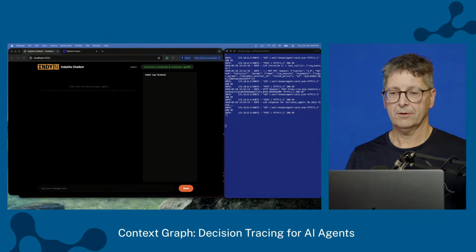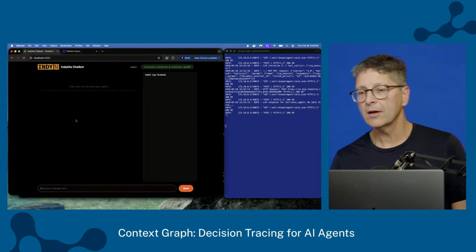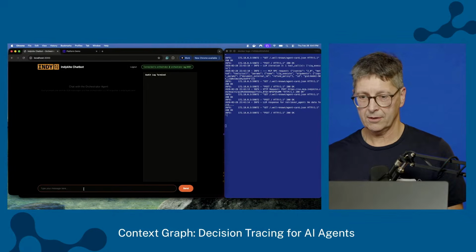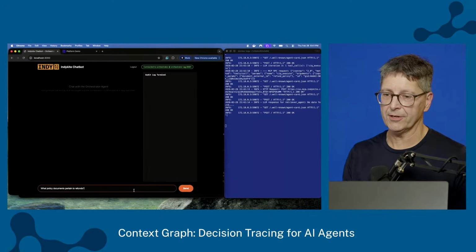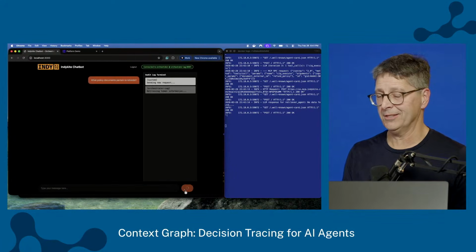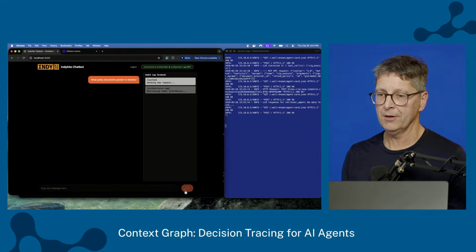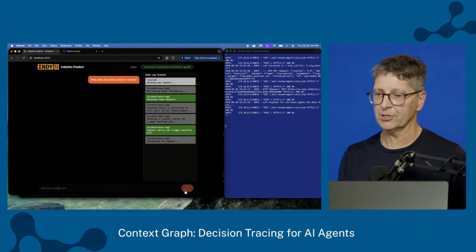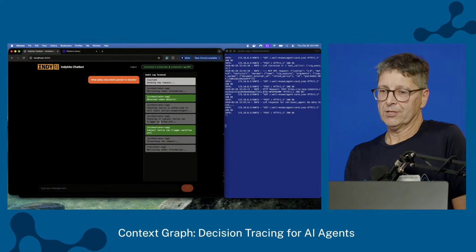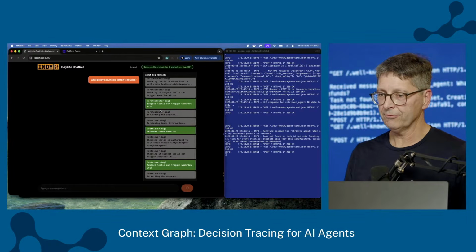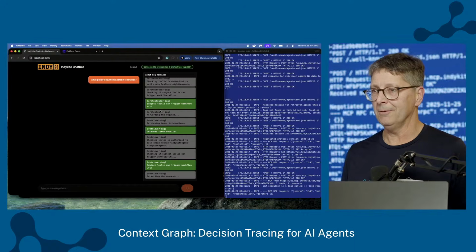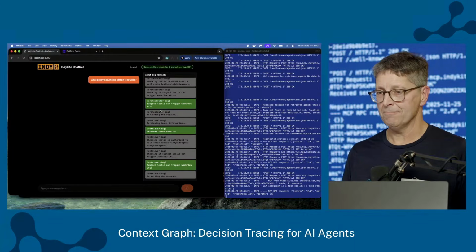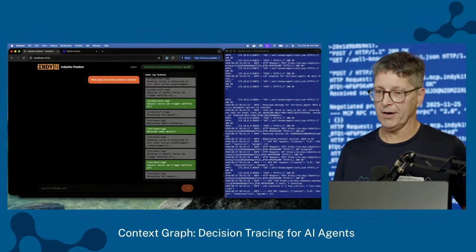What Leslie wants to know is what policy documents pertain to refunds. So Leslie's got this request from Rebecca, who's a little upset because she's a good customer of the bank, and she wants to know what documents we have. We've got some documents in the knowledge graph that have come in from SharePoint. This data is ingested and tagged, and so we know a little bit about it.